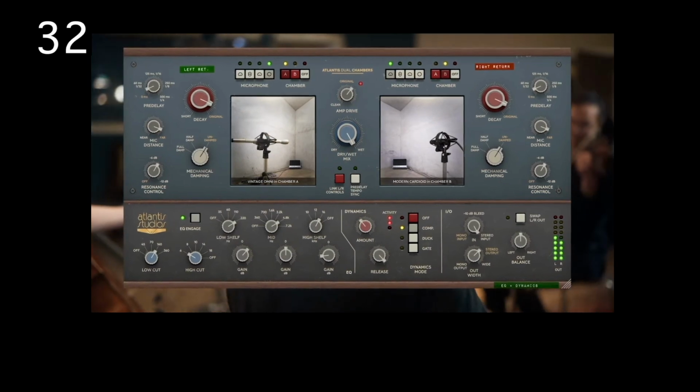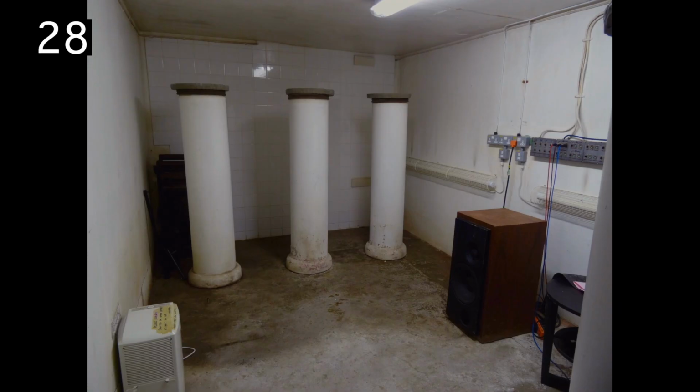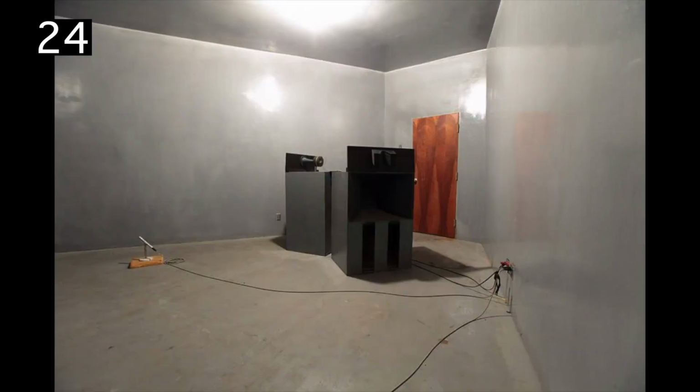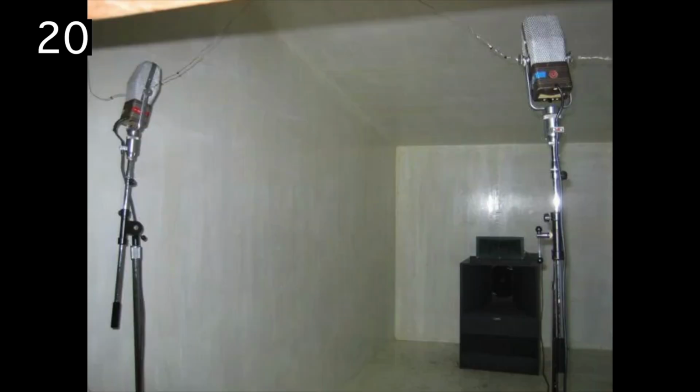3. And the last reverb on the list is Atlantis Echo Chamber by Softube. And having an echo chamber in your toolbox is super useful, as they sound very different from plates and other kinds of reverbs. You'll get a much more deep, rich tone. And I personally use echo chambers a lot when I want the reverb to really stand out and have its